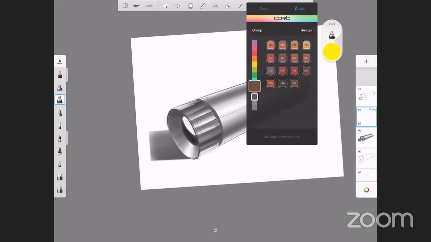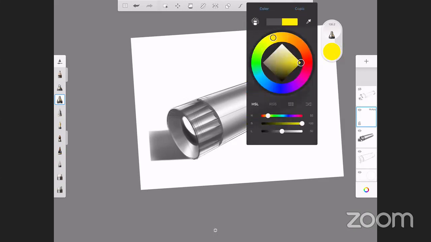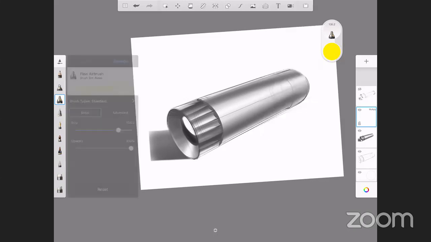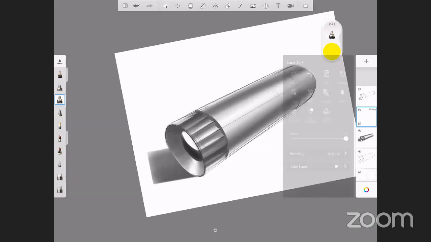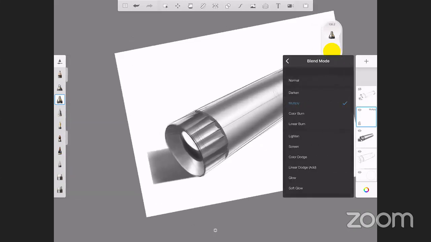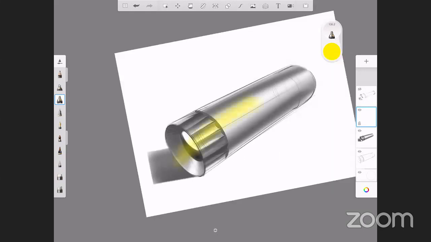Grays, browns, blues, and so on. But now we will use the traditional color wheel, and the glue stick will be yellow. So, if we will use the blending mode normal, we will just paint above everything. And sometimes it's good, but now we will not see anything above the yellow